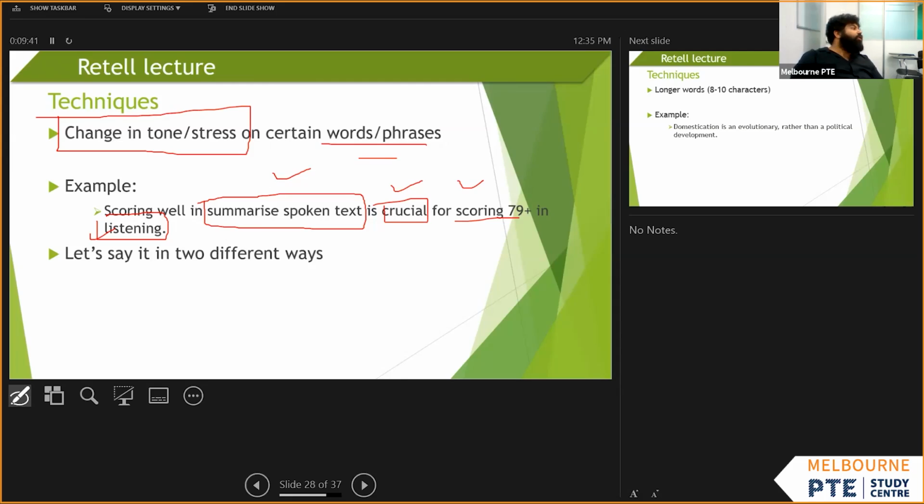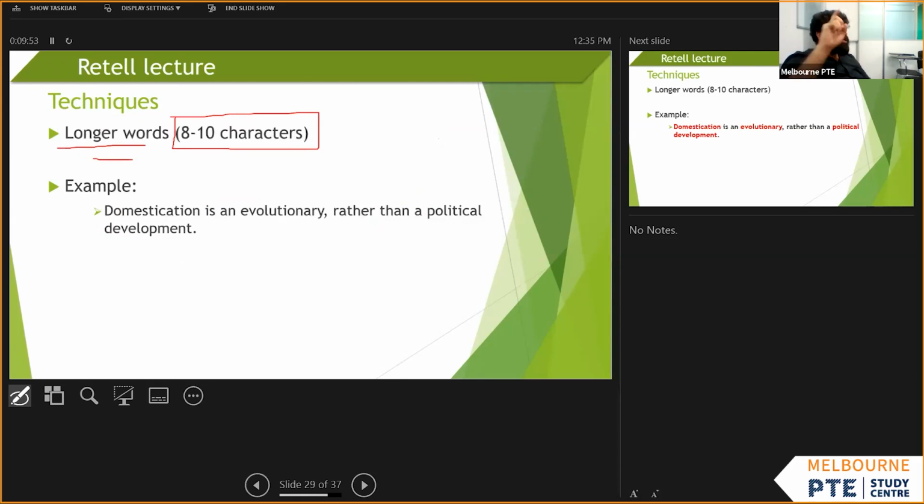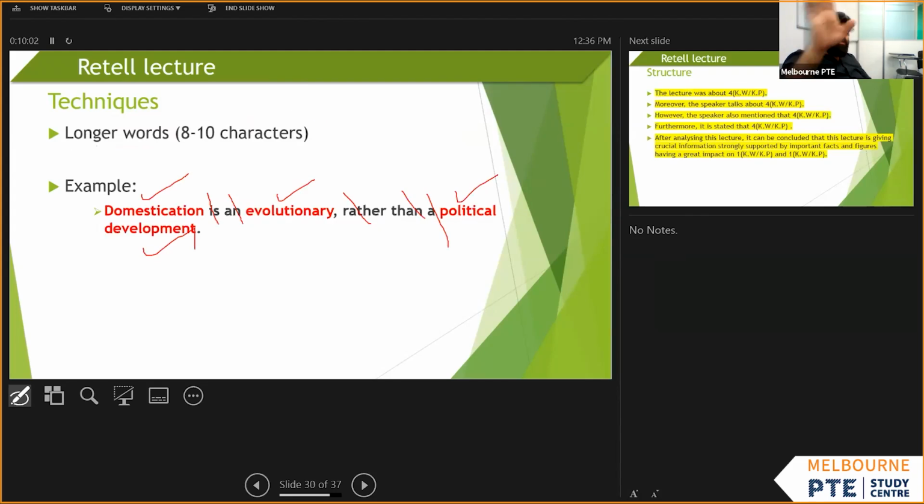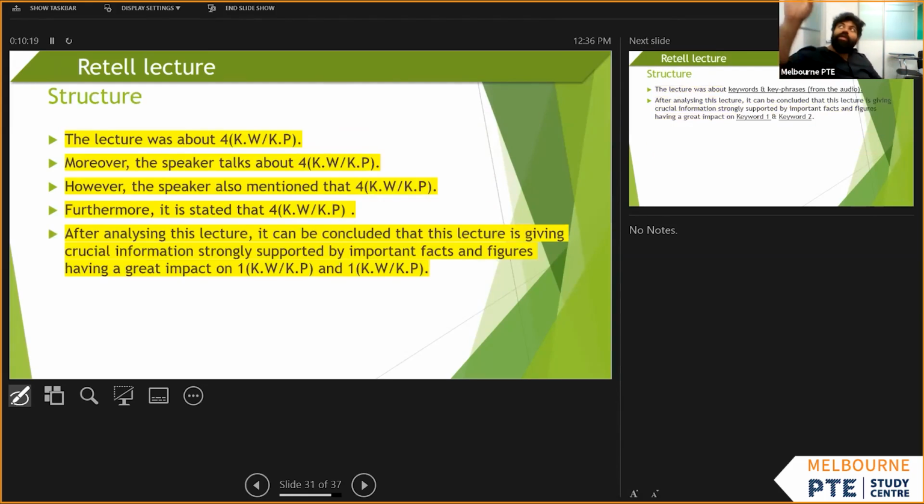All right, so these are all your techniques that will basically help you to capture good words and phrases from your spoken language. Okay, now remember this, I will say this again, you will capture words and phrases, not sentences. Don't try to capture sentences. Okay, all right. So you took the notes, you captured the words and phrases. Now the next thing is basically structuring your answer, because of course you have to speak, you have to record your answer. Now, for structuring your answer in a better way, you can use a simple structure like this one.